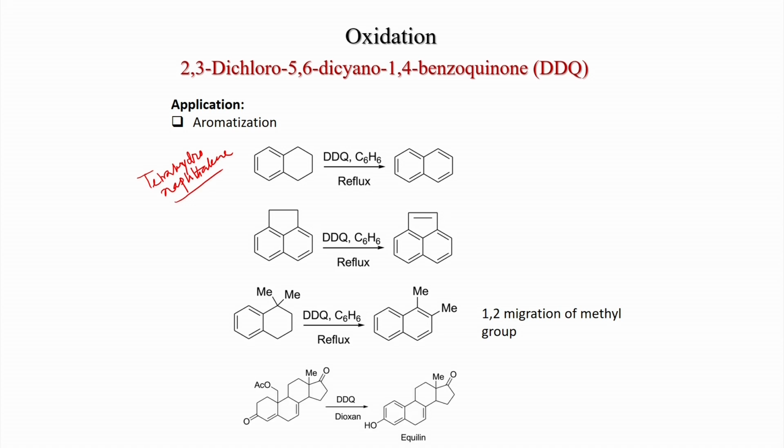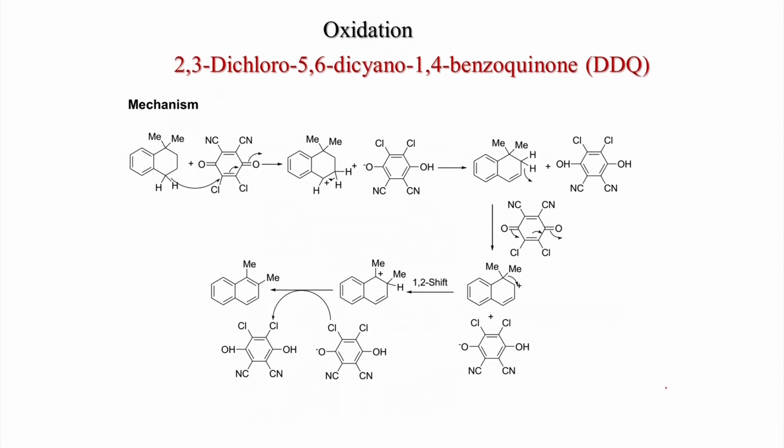And here, if an alpha beta unsaturated ketone is there, then also the aromatization, this group liberates. Because the aromatization is a very facile process, this group liberates under DDQ dioxane condition, and you get this phenol motif. So, this is very interesting. So, one double bond will be generated here, and then it will be pushing, so that this will leave and you get the aromatization. Now, we will discuss how this reaction operates.